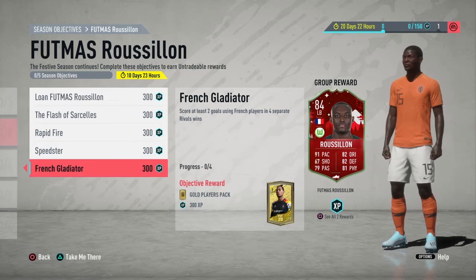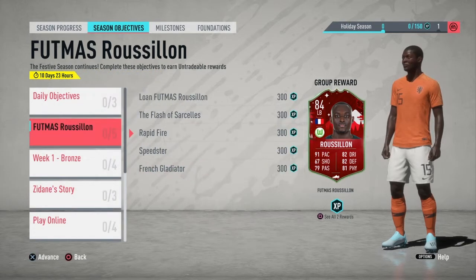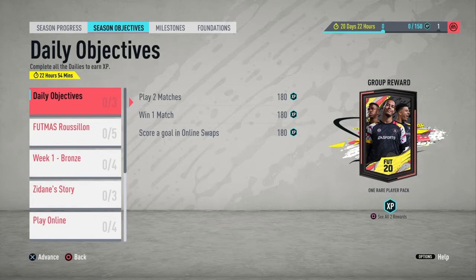Score at least 2 goals using French players in 4 separate rival wins. Okay, that should be easy. A lot of people have good French players in their squad. I have Dembele, for example. And I think I saw